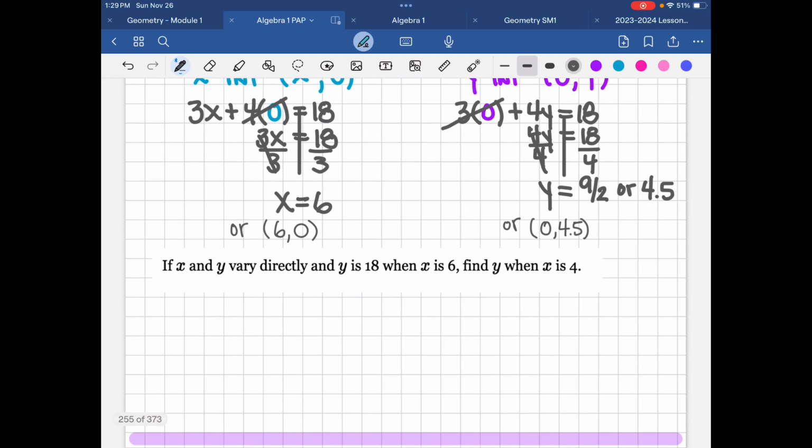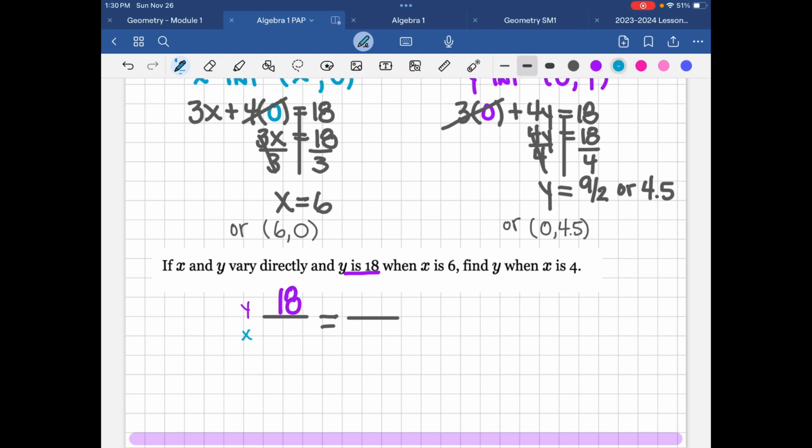All right, our final example for today is if x and y vary directly and y is 18 when x is 6, find y when x is 4. Now, what you can do for this one is simply set up what is called a proportion. We're going to put the y on top and the x on the bottom, because remember, when we talk about varying directly, we talk about this fraction y over x. So I'm going to put the y value that they first gave me on top, which is 18,